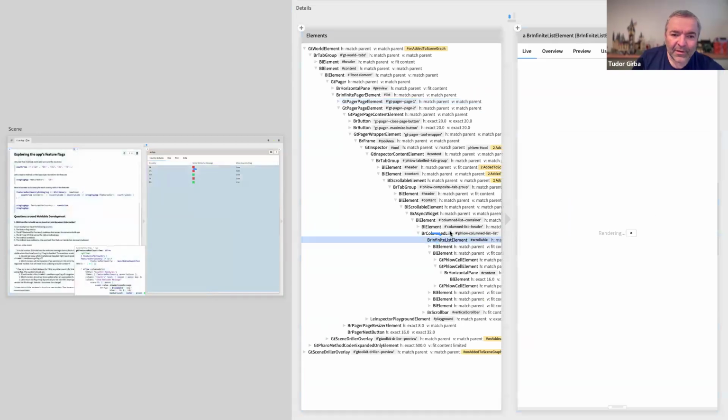If I close this, so this one is called Driller, and it's a tool. If you now, for example, double click on any of these here on the right, these are now inspectors. So you're now inspecting the element itself. This is not the end of it. Usually when you inspect an element, you see the tree, maybe some properties, but then it stops there. Here you are simply saying, oh, that's another object for which I need another inspector, and then I can continue as complicated explorations as I can do